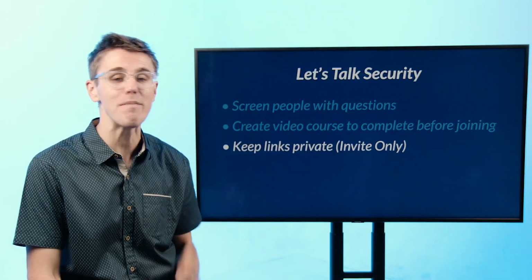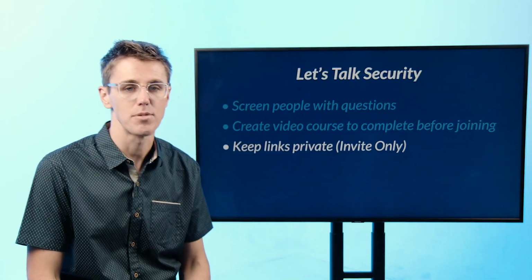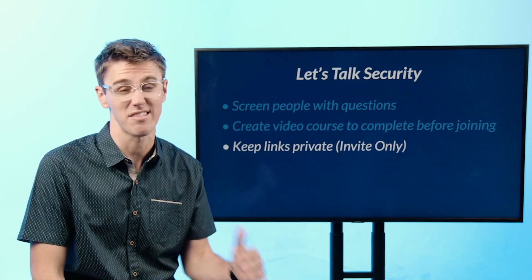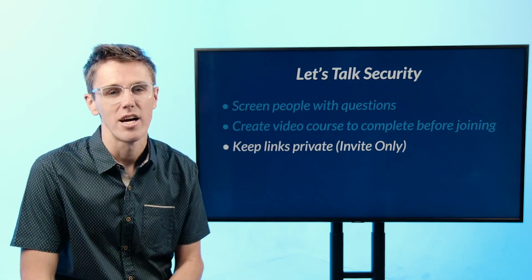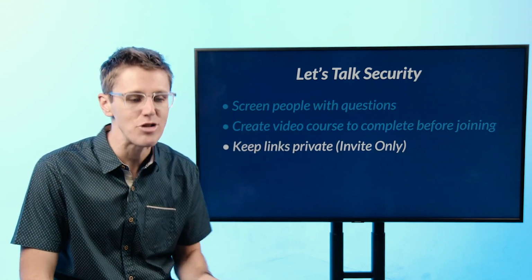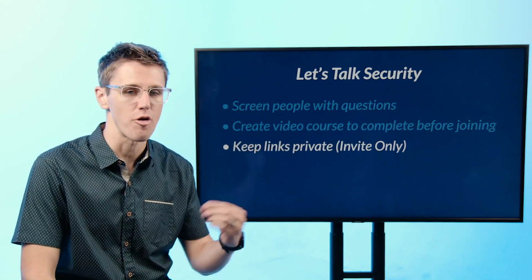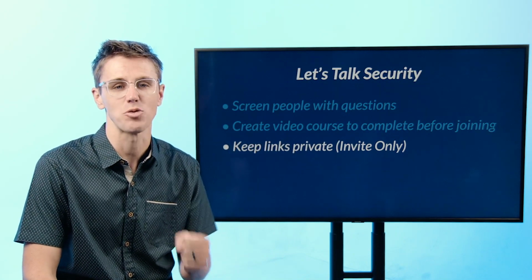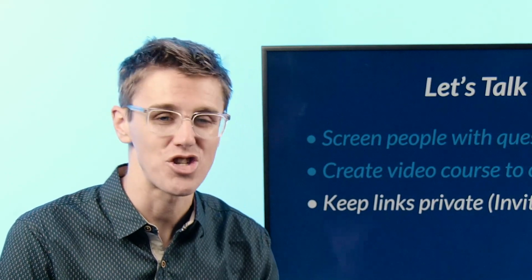Another thing is to keep links private. So for example, on a Facebook group, you can actually make the group private, where it's not discoverable and not public. You can teach your people not to share the links on other platforms. Make it a private space that nobody knows about. And that's really important. Part of that is teaching everybody else in the group about the importance of not sharing the URL.